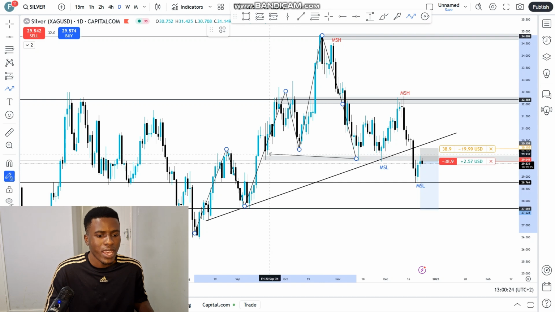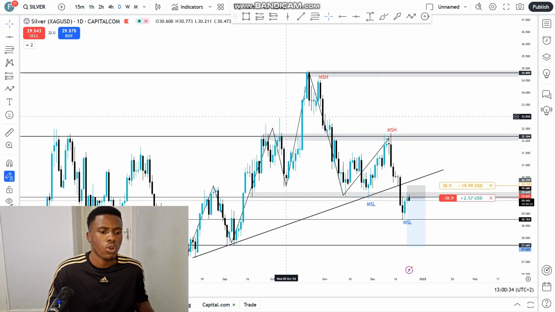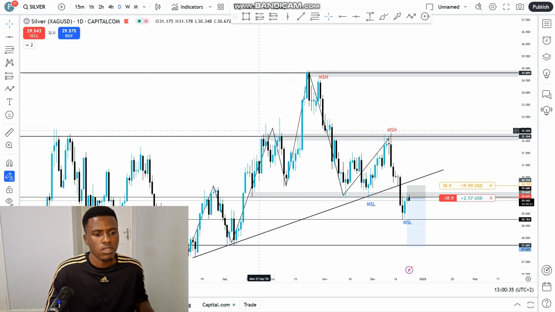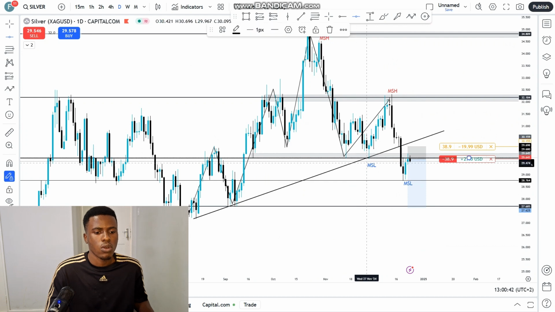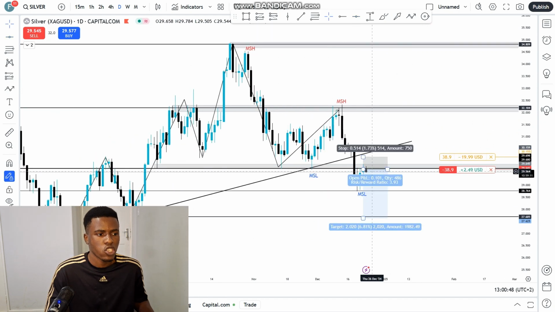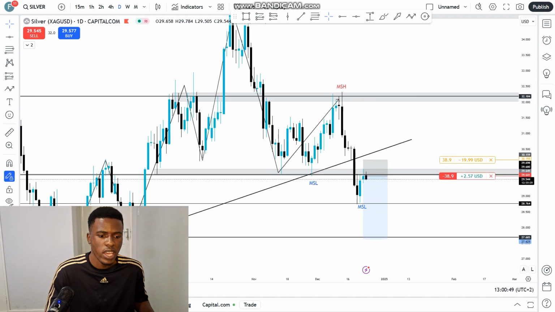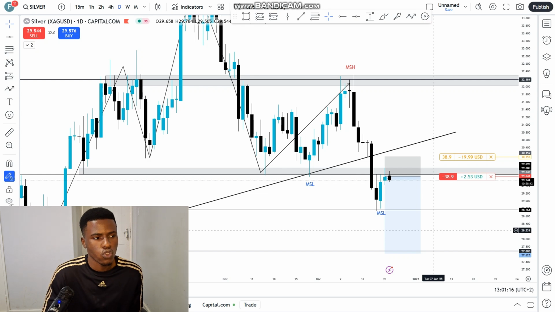But as long as we held this swing low right here, I was expecting price to continue to the upside, but unfortunately we did not see that. We saw price creating some sort of a head and shoulders pattern right here, and then we broke below these wicks right here on the swing lows, right? So that was an indication for me that silver is getting weaker, and since China is not performing well, and it's also a large consumer of silver, I'm expecting price to continue to the downside.